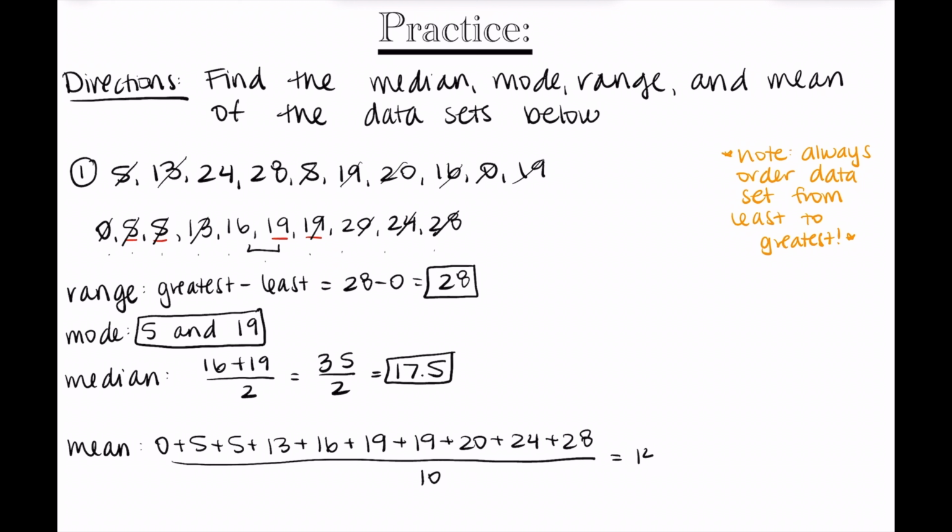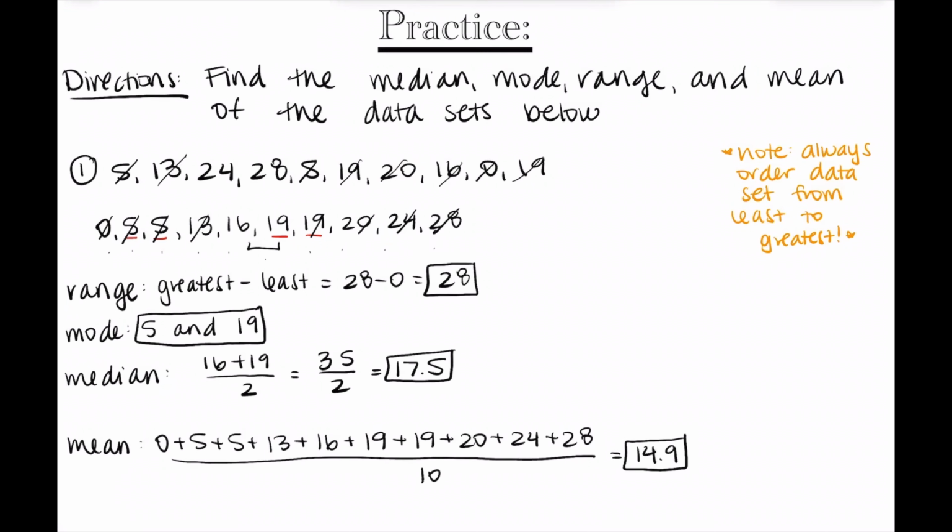So the sum of all of the numbers for our numerator is 149, and then when we go through and divide that by 10, we get 14.9, so that would be our mean, and that would wrap up our first practice problem. Now we'll get into another practice problem with another data set just to really practice and apply all